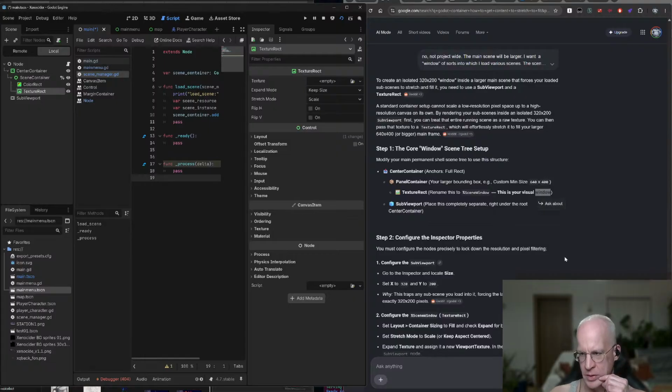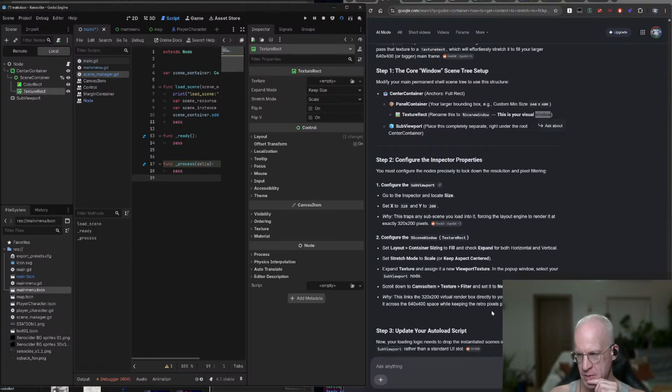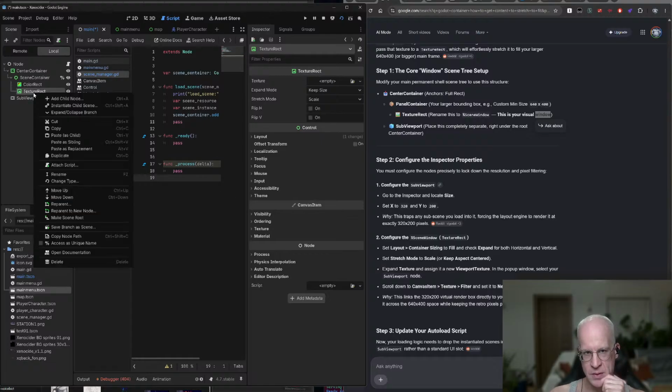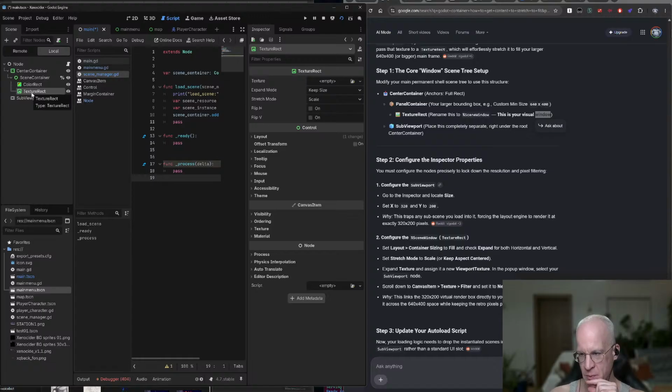All right. Configure the inspector property. Configure the subviewport. 320. This traps any subscene. Blah blah blah. Layout. Container size to fill and check. Expand. Horizontal. Vertical. Set. Texture rect. Okay. So this is our scene window. I don't know why we would label that though. Doesn't make any sense. So